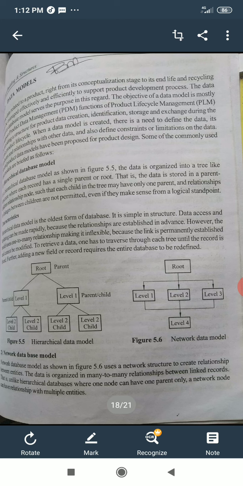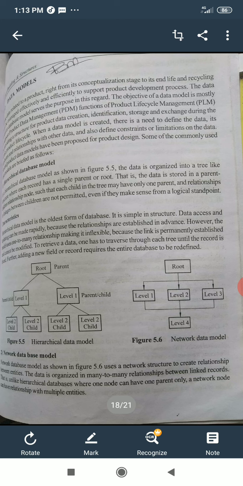The objective of data model is mostly to support product data management, that is PDM, functions of a product lifecycle management, that is PLM, by providing a structure for product data creation, identification, storage and exchange during the whole product lifecycle.